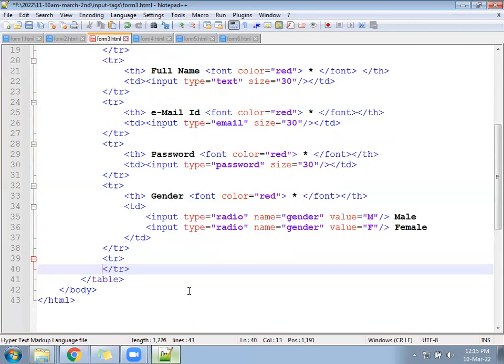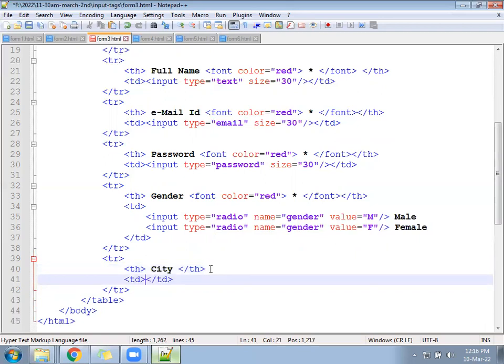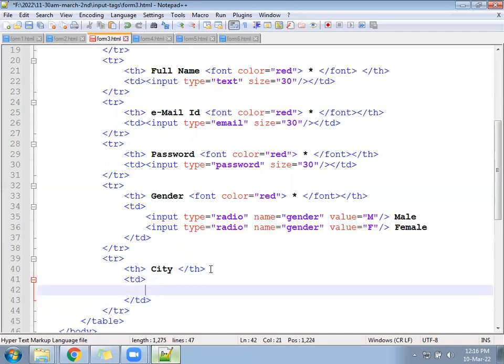TR, you will keep a th. For better city you can keep first, and leave this one as optional. User can select it also, user can leave also. Okay, till gender everything is mandatory. After gender